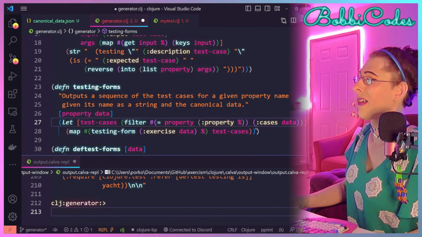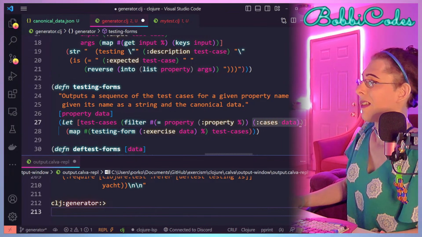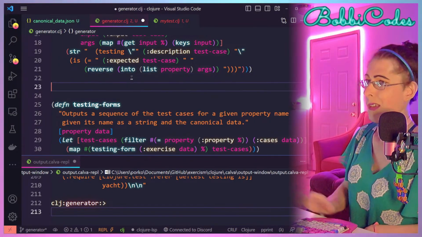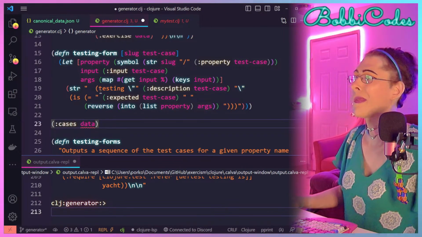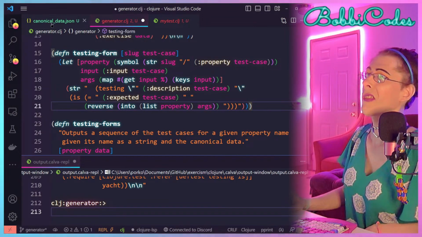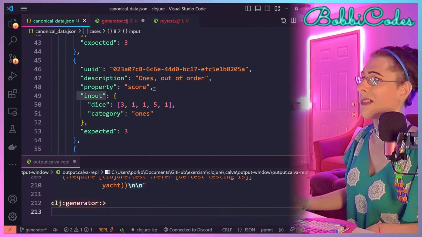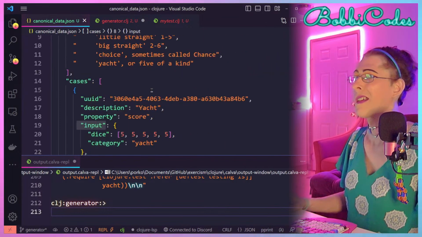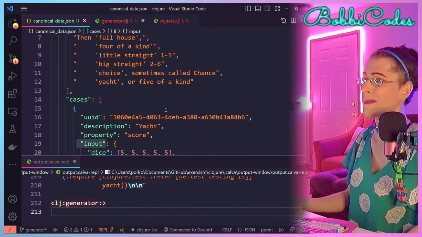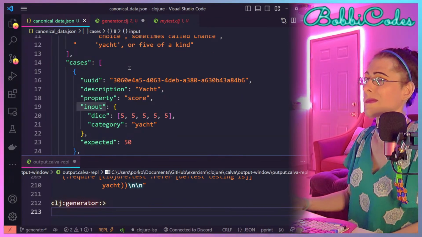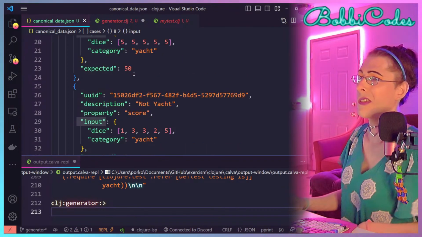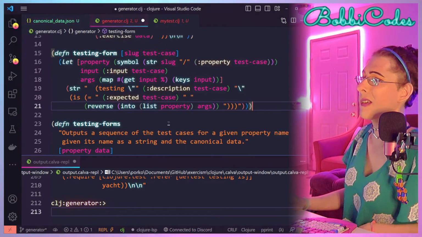So we just get the cases from the canonical data, and I don't even have to do that. It's just a key called cases. And so each test case is output like there.